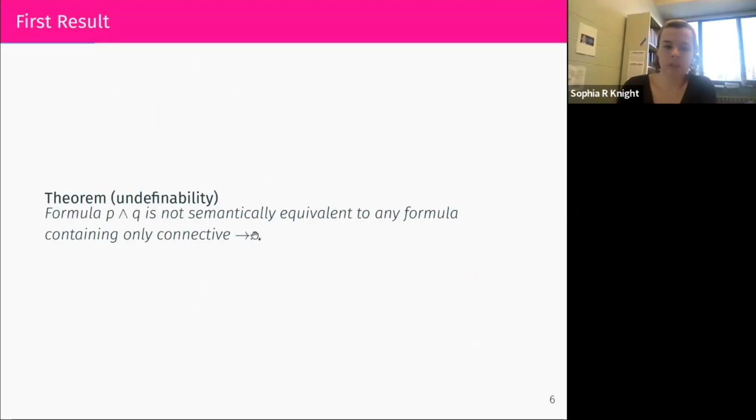So that's the theorem that we just proved using the truth set diagram, that nice graphical proof. Now I'm going to talk about temporal logic. Temporal logic is commonly used in computer science. I don't know if everybody here has seen it or not. So we're going to talk about linear temporal logic today. And I'll give a brief overview of what linear temporal logic is, and then I will prove some undefinability results.